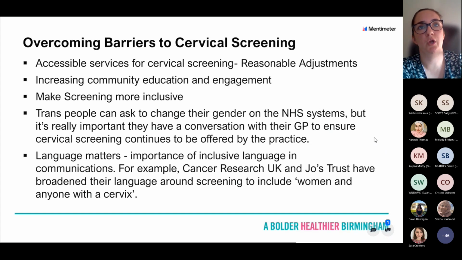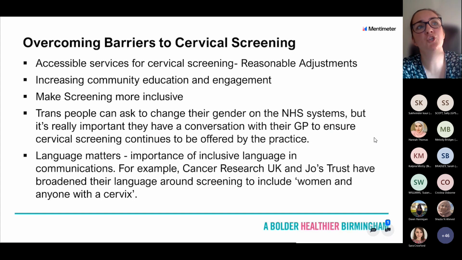So it's important to note that trans men and non-binary people assigned female at birth are registered with a GP as male. They'll not routinely be invited in for cervical screening, but they can request screening. So it's important that we consider this group of patients when we're looking at recalls that we can put together in practice. To make screening more inclusive, we should consider and understand that not everyone attending cervical screening will be